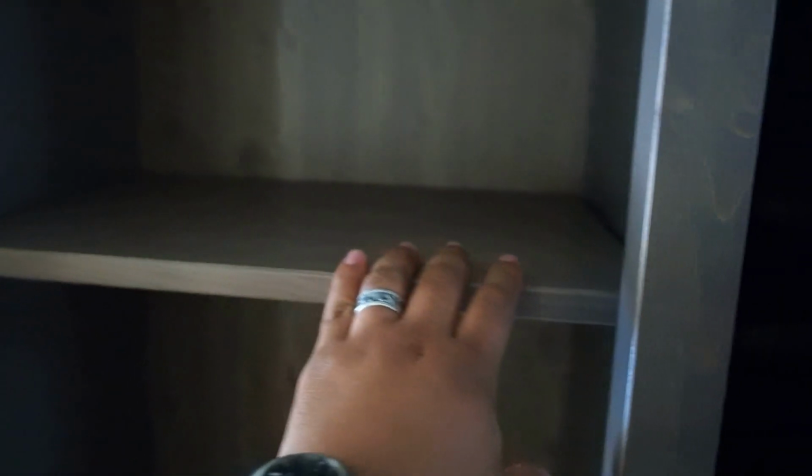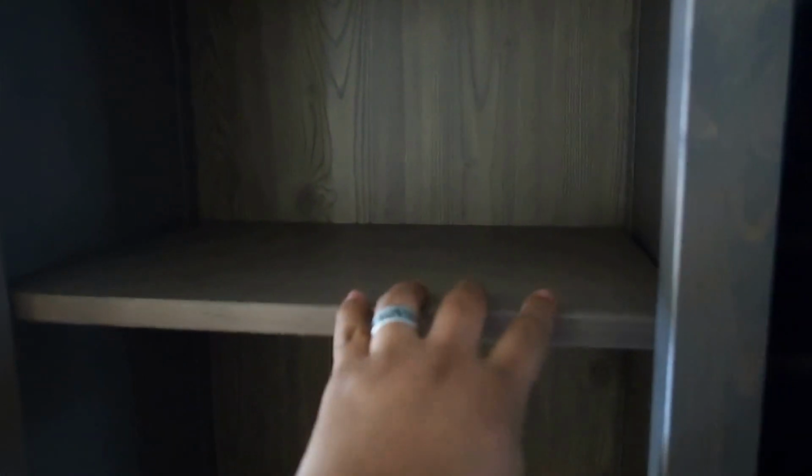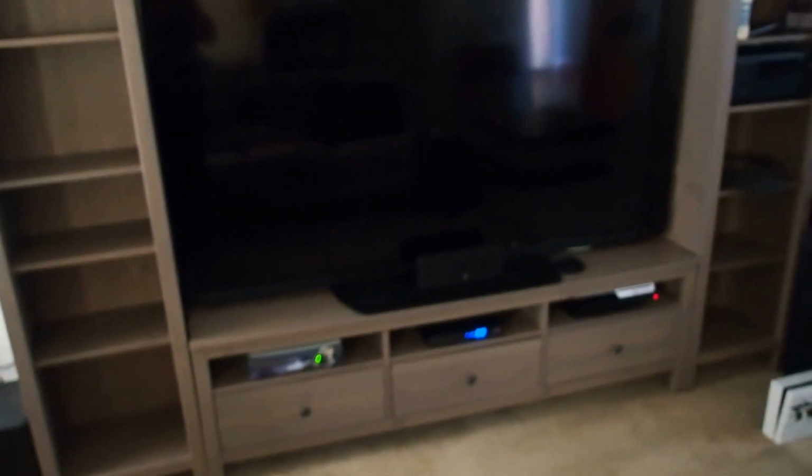Then over here, we just actually picked these up. We got these from IKEA, so that's why there's not a lot of things in here. There is the Boston Acoustics subwoofer that we have. The left channel speaker. So yeah, there is the tour and setup of my